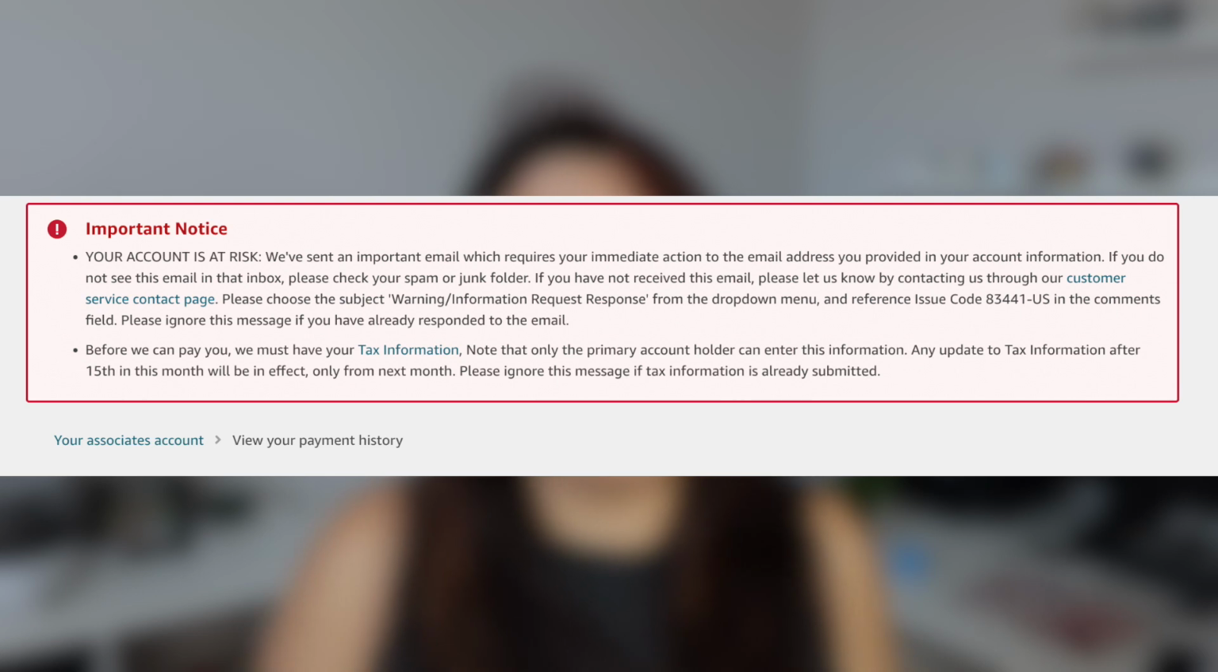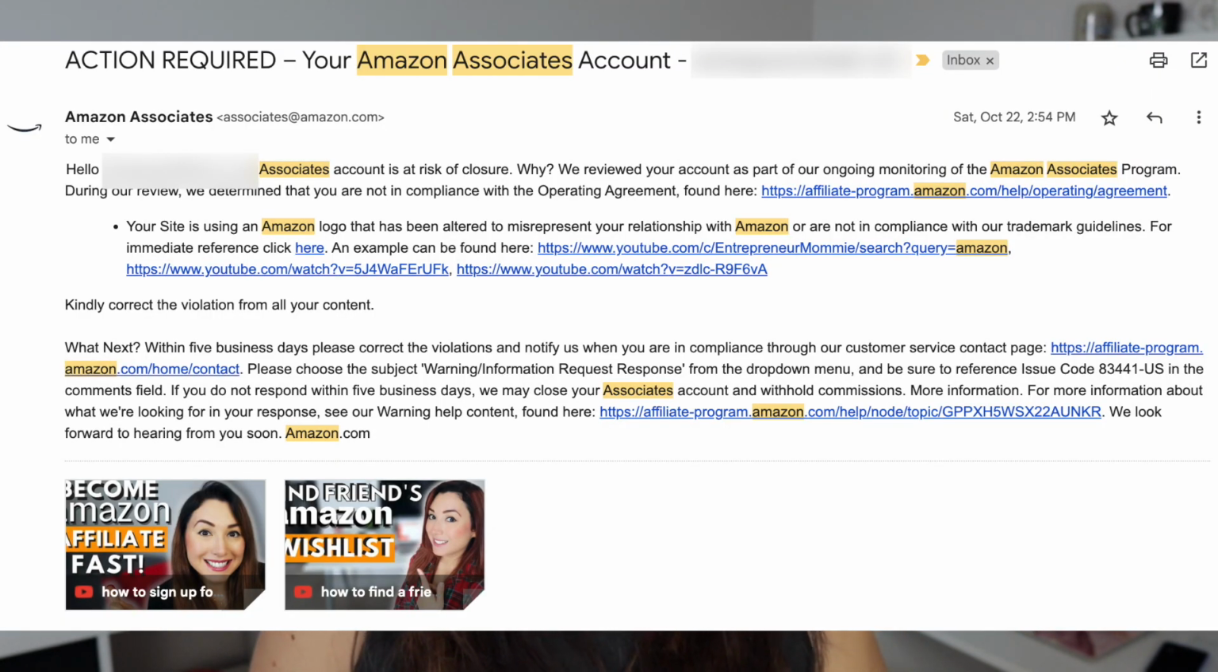So I made this mistake. My account is at risk. Yes, my account is at risk of being closed because according to this email right here, I am not following the trademark guidelines, and I am using the Amazon logo, and I am altering this logo, and I shouldn't be doing this. I strongly recommend that whenever you talk about Amazon products or make a video about Amazon, please make sure